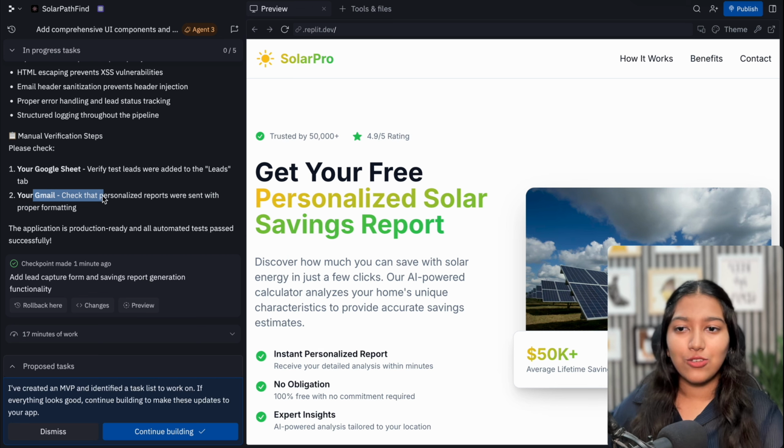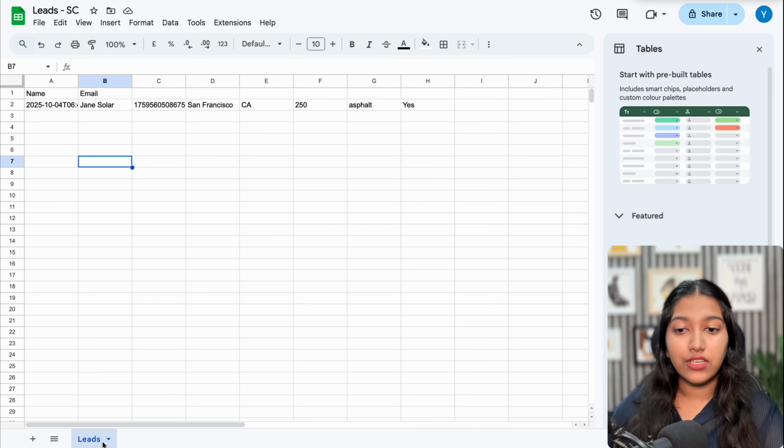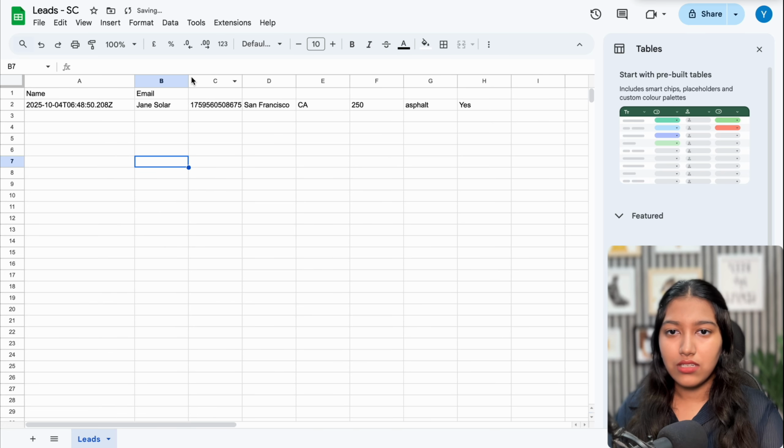Now obviously it did not add my email, so I might not have got the email, but let's check for the Google Sheets part. So here's the renaming thing I did. I changed Sheet 1 to Leads, as you can see here, which solved the error. It seems that our column names are not quite correct. So let's just change this.